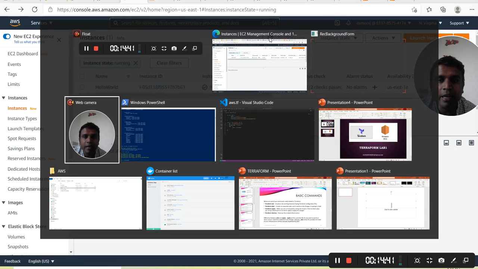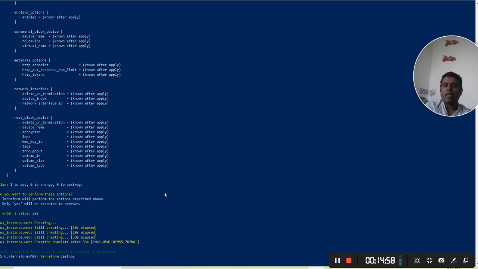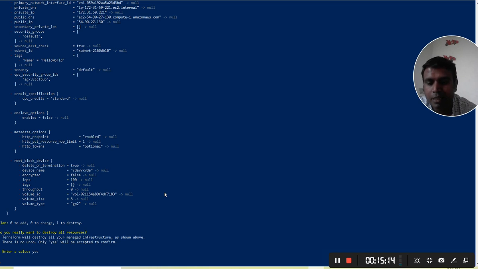Now again the last command is pending to execute, which is Terraform destroy. So once we run this command, it will destroy my instance which we have created. So Terraform destroy. Again it will ask us before destroying. Yes, it is asking. Okay, so when I put yes, it will destroy. Before destroying, it will give you all the information about whatever it will destroy. So I press yes.